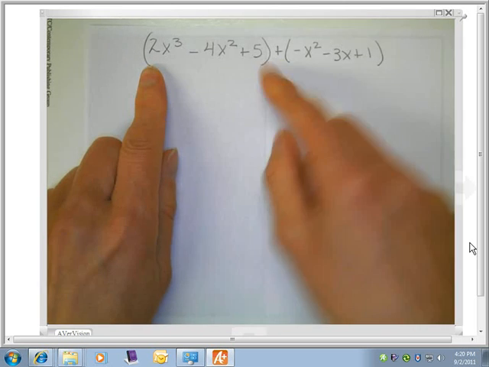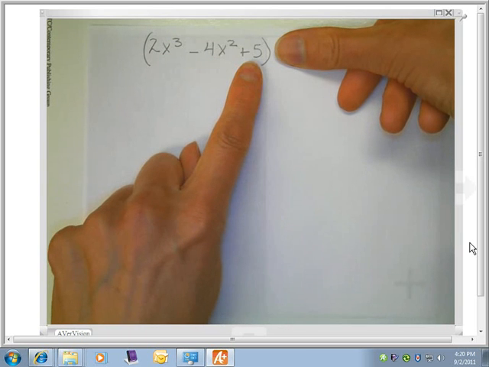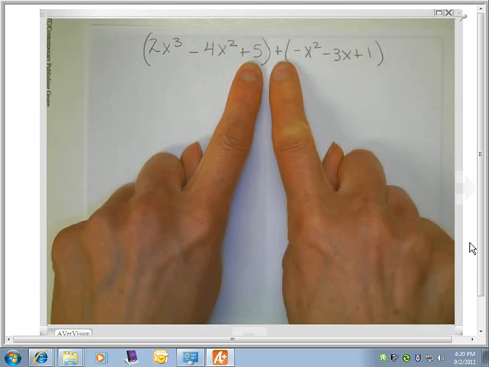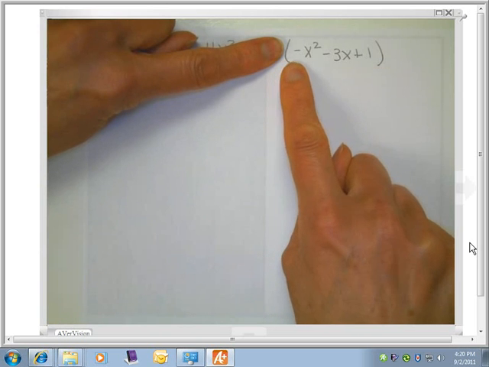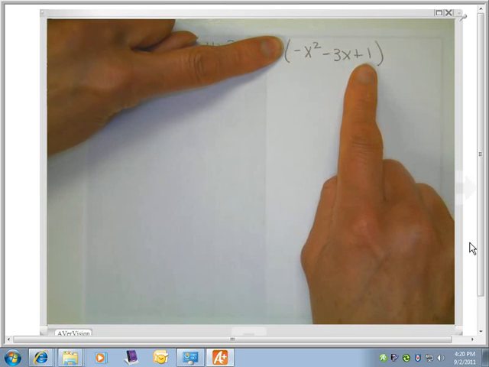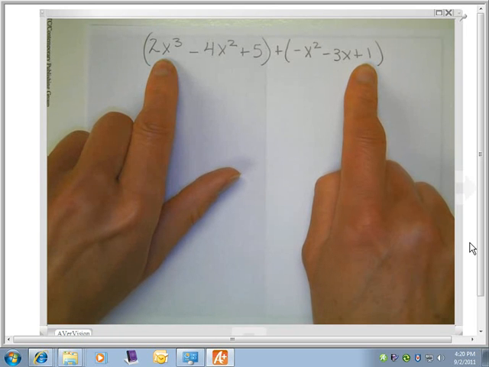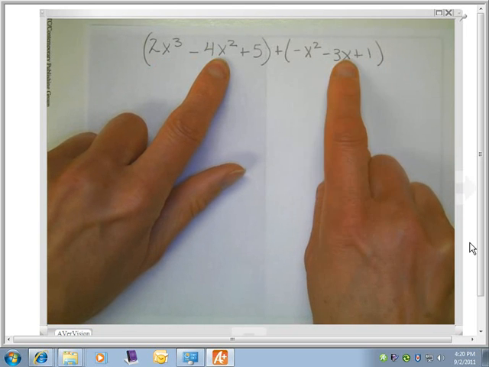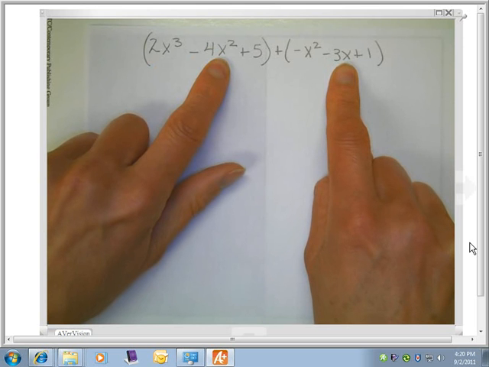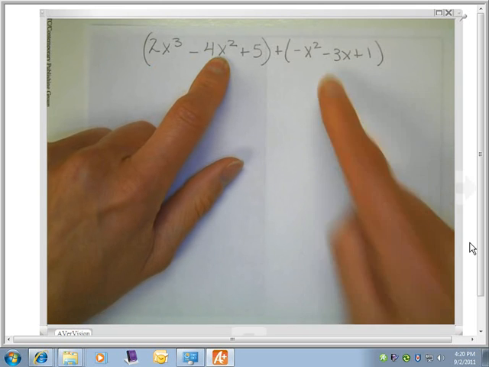Here is one polynomial. It has 1, 2, 3 terms. And that's being added to our second polynomial that also has 1, 2, 3 terms. And it's not uncommon to get confused with all these x's and want to combine them because they're an x. But we can't. Because remember, if we go back to PEMDAS, our order of operations, PEMDAS tells us that we